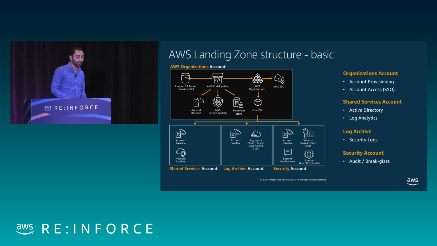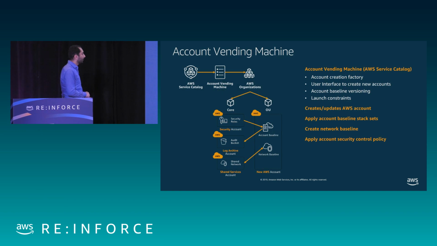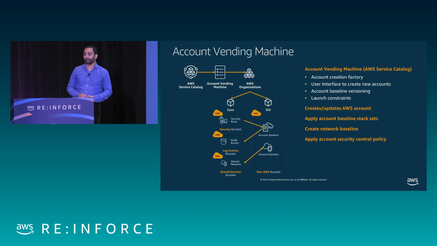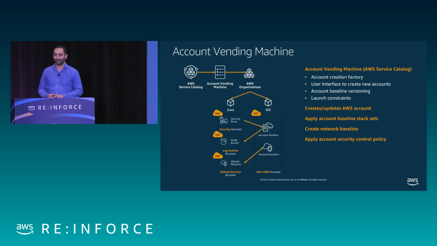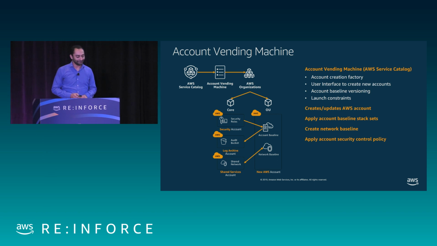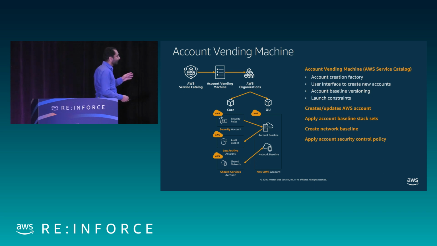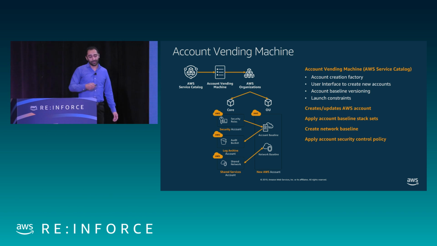But most importantly, it creates what we called an account vending machine, which of course in Control Tower we decided to rename again, but we'll clarify all of that as we move forward. So it's an account vending machine whose function is, instead of using the AWS Organizations APIs directly to create an account, you make use of the account vending machine to create an account.